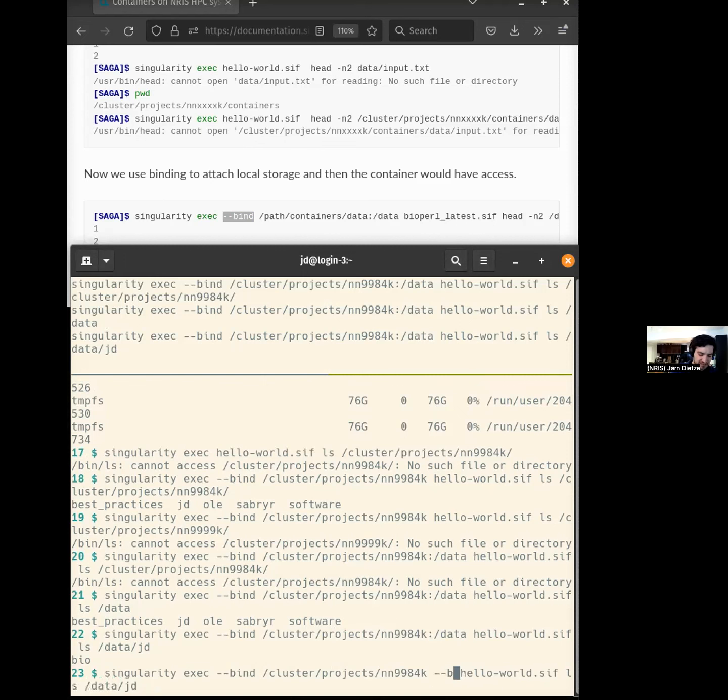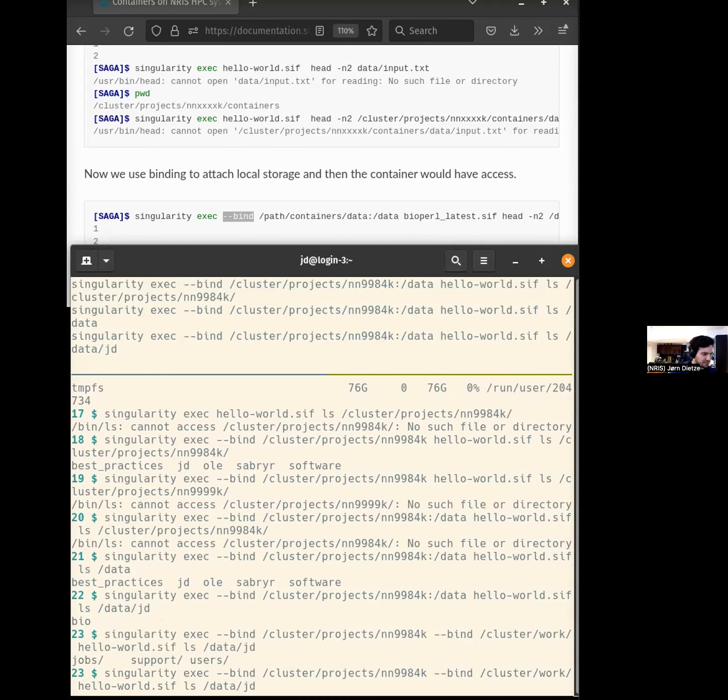But you can just bind another folder, for example, here cluster work. Actually, I forgot. But in our document, the HackMD, somebody typed that the comma would work, it seems. Oh yeah, comma. Okay. You could try this first, yes.